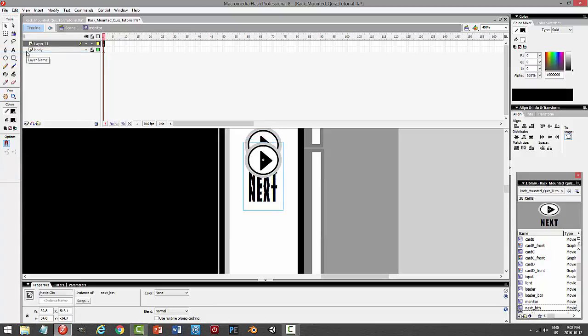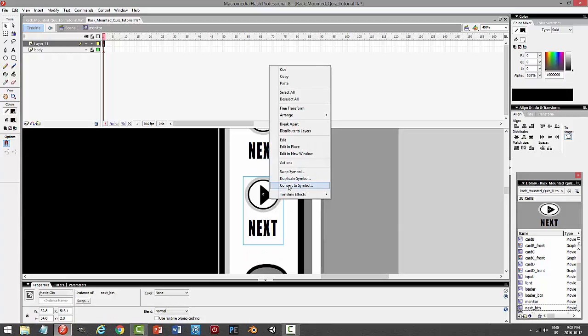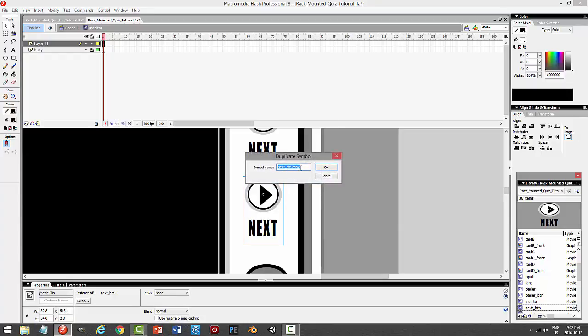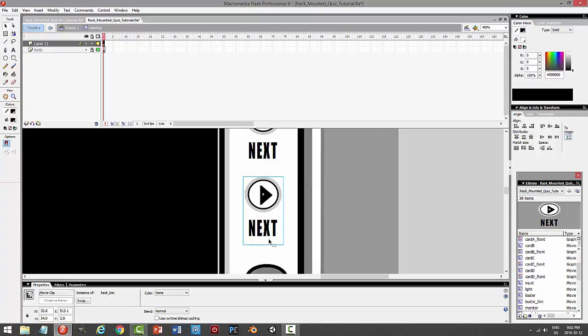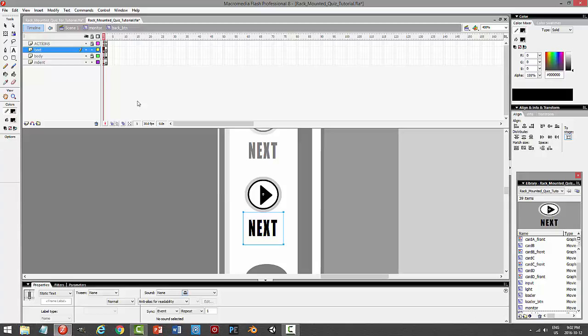Bring it down. And I mean, I don't mind making this another symbol. I could have used the same symbol, but because I put the text in there, you know, they're so small. You know, I'm going to call this the back button. We'll come in here and we will switch the text to say back. And I will flip this, and I will flip this,